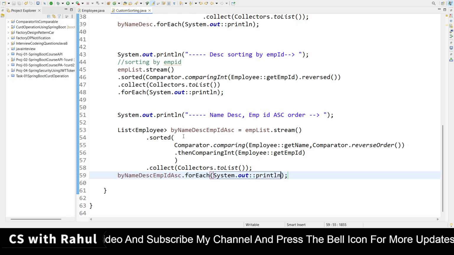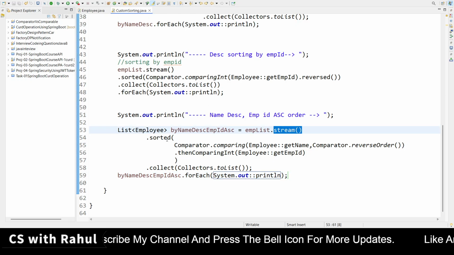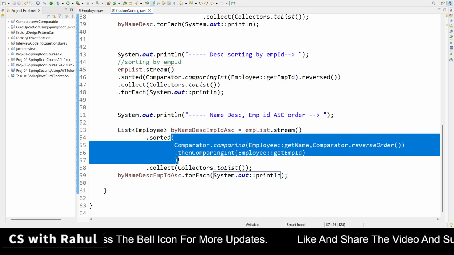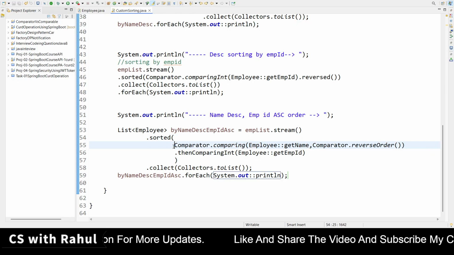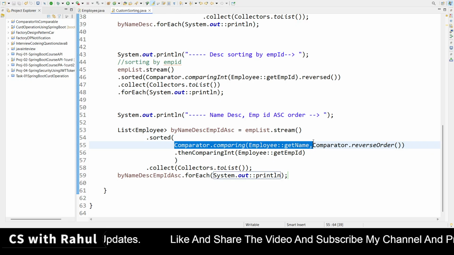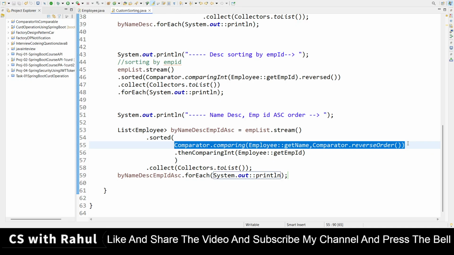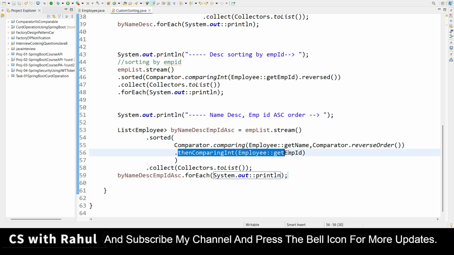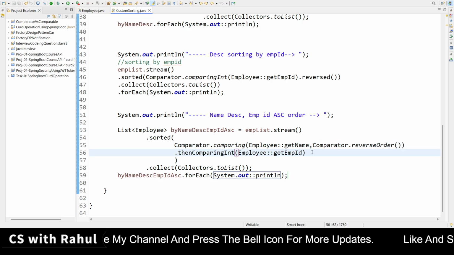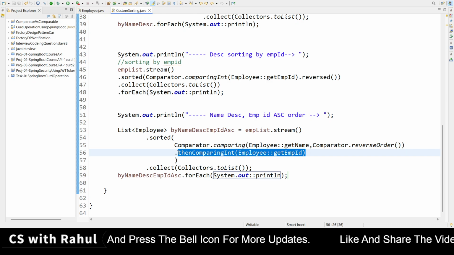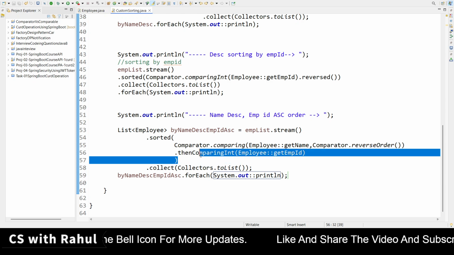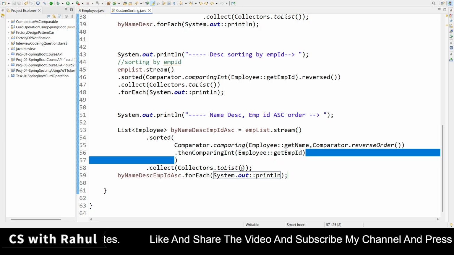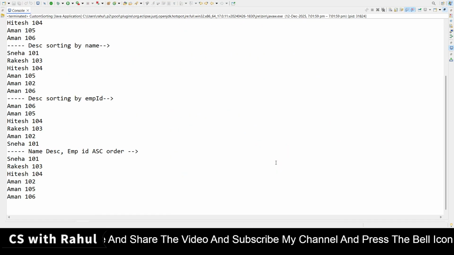Again I am explaining this code. After creating the stream, I am calling the sorted method, right? It sorts based on employee name in reverse order. If it is the same, then you have to compare it by employee ID, and this employee ID would be in ascending order, not reverse order. Let me right click on the project and run as Java application.